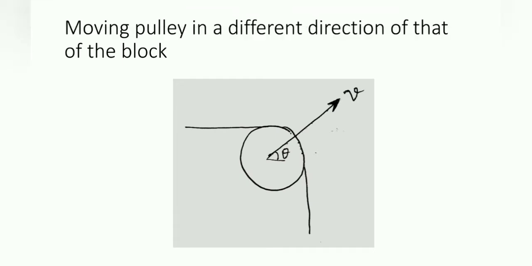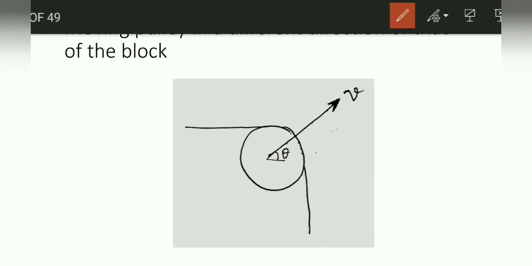Now we have a moving pulley. So you can see how fast we can solve this problem. I will be giving some more advanced illustrations in the later part of this lecture. So, a moving pulley in a different direction from that of the moving block. Suppose we have a pulley that is moving like this, and the string is attached like this, so the blocks will be attached somewhere like this. So definitely they are not in line.